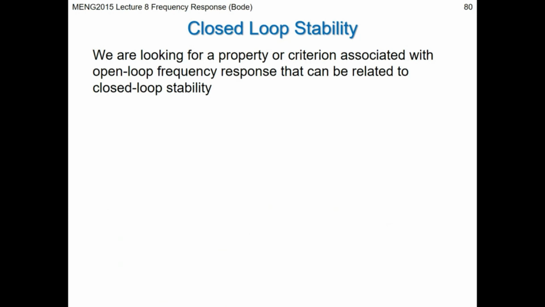So let's come back to look at how we actually calculate these parameters I've been talking about, which are gain margin and phase margin. What we're going to start with is looking for a property or criterion associated with open loop frequency response that we can relate to closed loop stability. So we plot the Bode diagrams based on our open loop frequency response. We take the open loop transfer function, and remember that at the start of this series I was showing you a diagram where